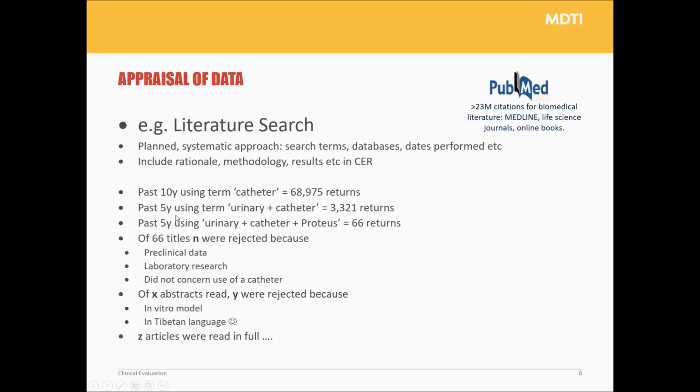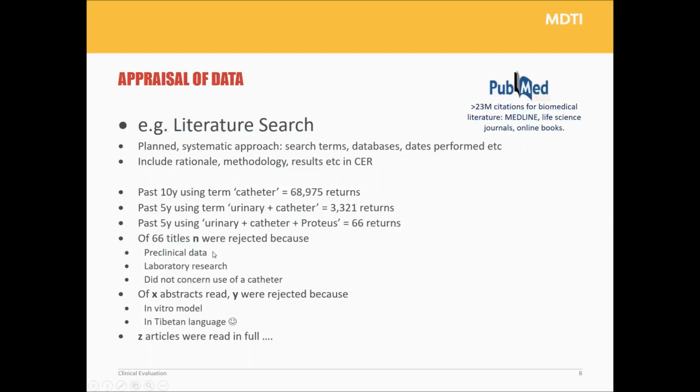So then what I did was I reduced it to the last 5 years, and I used urinary plus catheter, and I got over 3,000 returns, which is obviously unmanageable as well. So then I added the search term Proteus. Proteus is a bacteria that is associated with urinary tract infections and so on. And I got 66 returns. Great, that was manageable. So I read all 66 of those titles and rejected a number